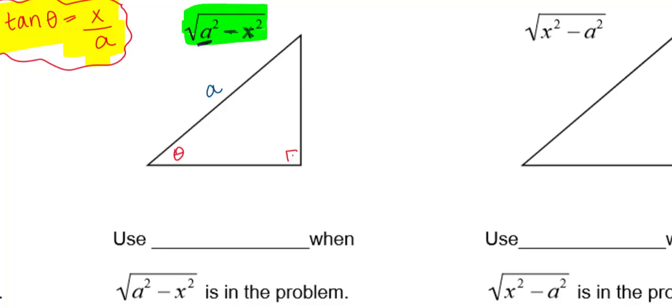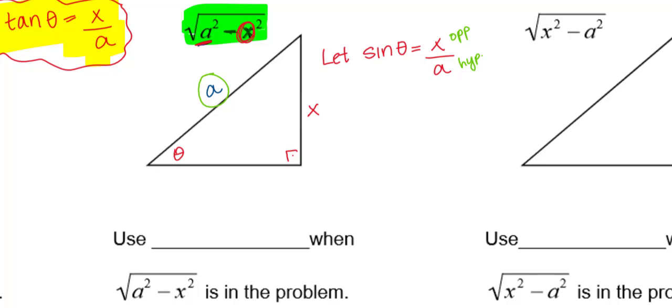Okay, so let's figure out which leg x is going to be. So I'm just going to say let sine theta equal, and we're always going to start with the variable that I am squaring in my numerator, so that's x, over a, which is my constant that I'm squaring. And let's see if this works. Well, sine of theta would be opposite over hypotenuse, and yes, we said a absolutely is our hypotenuse. So I know that x would be my opposite side.